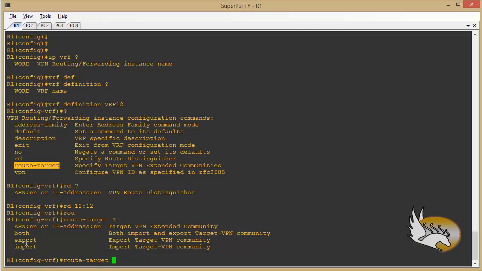For send, you type export. For receive, you type import. Whenever I'm talking about MPLS, I'm going to talk about route target in detail. But here, I just want to go simple. Both means export and import. If you type both, it is going to execute a macro, and it is going to type import and export